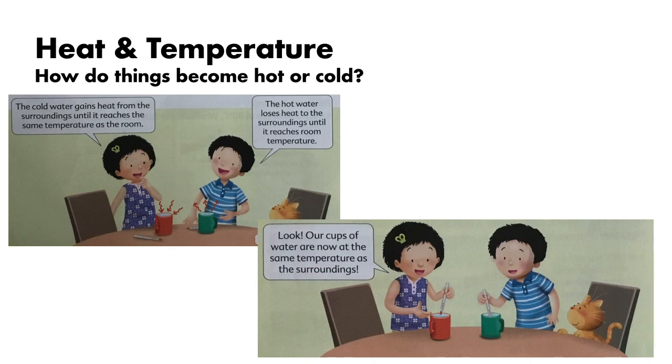Now, when we cool the jelly right now, what are we doing when we're cooling? We let the heat energy from the water go away. Slowly, the jelly will cool down. So how do things become hot or cold? It's a matter of letting heat energy go into the body or getting the heat energy out of the body. When you apply heat, the body gains heat energy. The body becomes hotter and hotter and hotter.